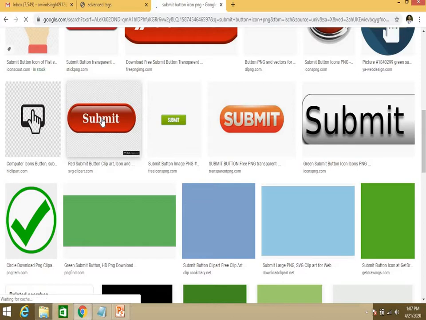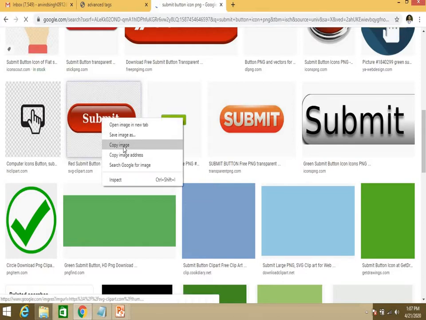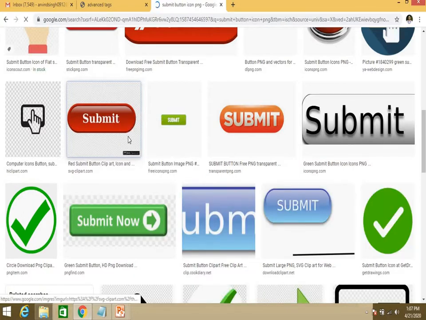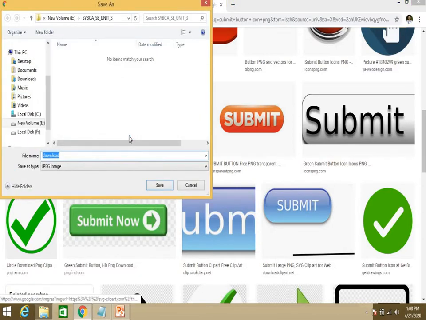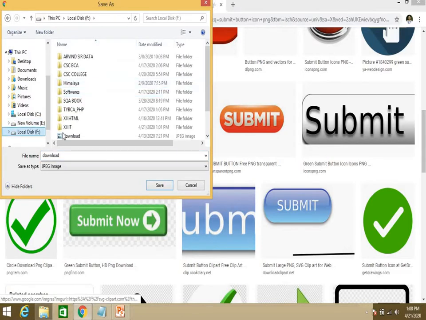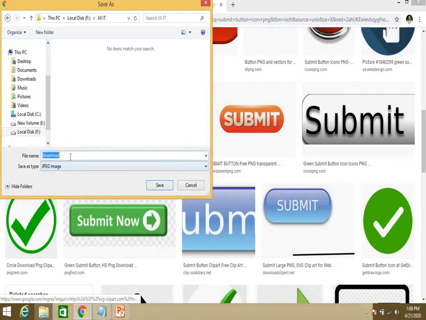Copy it, save image as, wherever your HTML file is, and name it submit button dot PNG.